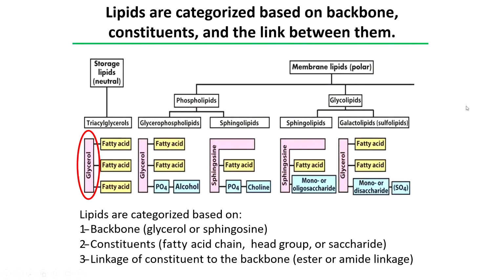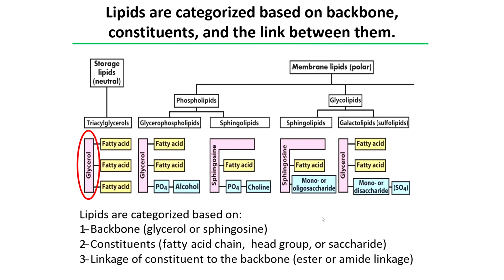Okay, now let's start to take a look at the structure of lipids and how they relate to their function. There are two major functions for lipids: energy storage, and some type of membrane structure, a membrane lipid. So all of these lipids here are membrane lipids, and this one lipid belongs to this category of storage. Lipids are categorized based on their structure, and there are three different types of structure that the lipids are characterized